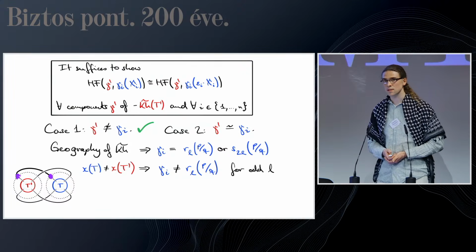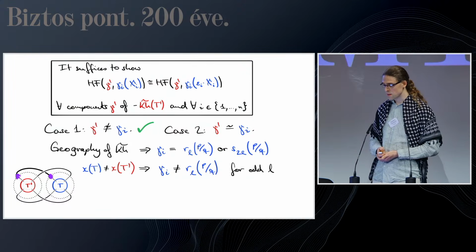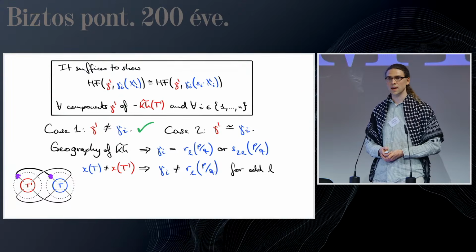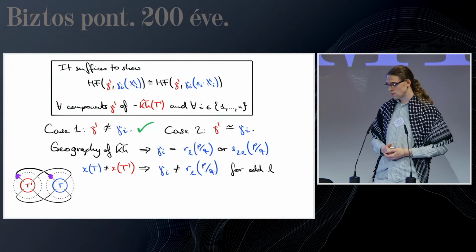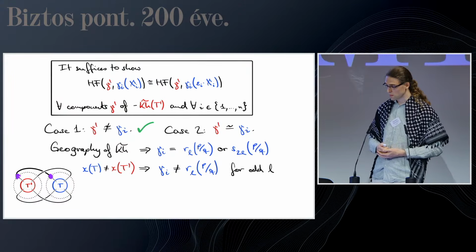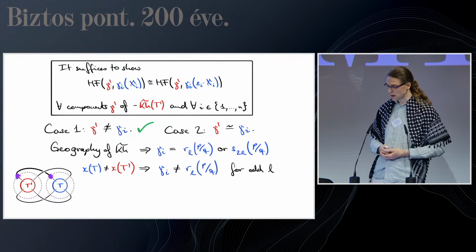So that tells us that the connectivities between these two tangles can't be the same. Okay, if they both were connecting the tangle ends like this, then we would have a link. If they both were like this, then we also have a link, and similarly this. Okay, so we know the connectivities are different, and so therefore gamma I can't be a